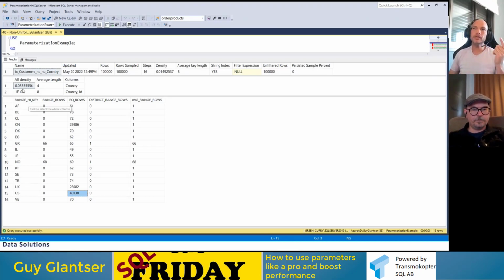By the way, if you look at this number, the all density, this is the average density. If you multiply this value by the number of rows in the table, you might recognize the value that I showed you before, the estimated number of rows when we used the local variable. It was more than 5,000. Remember, it was this value. Okay, 5555 point something. And what this means, let me go back